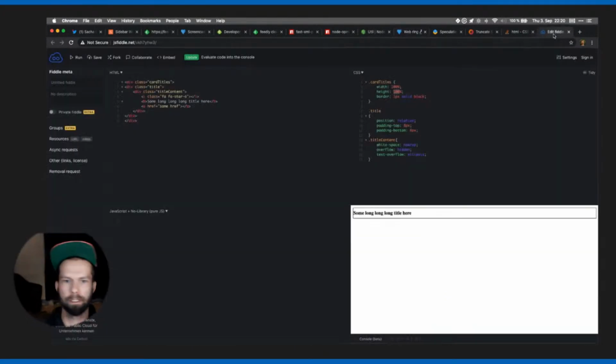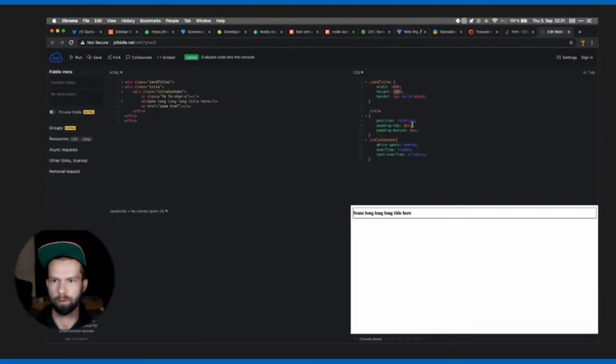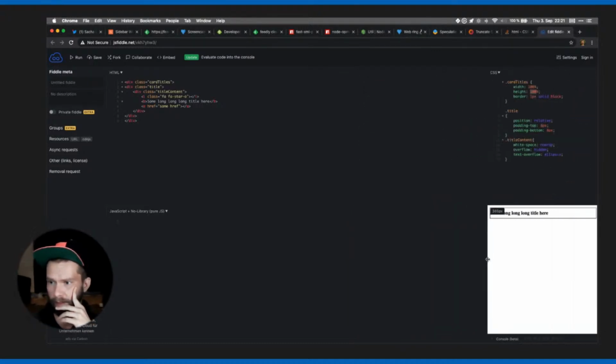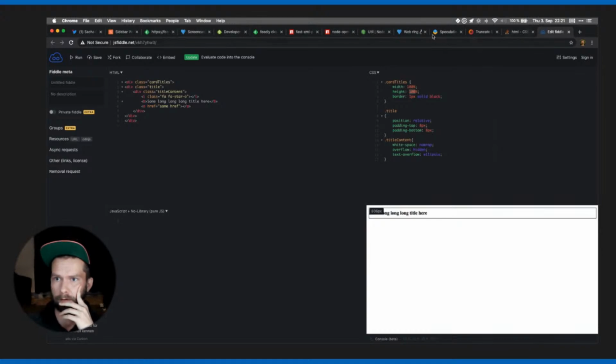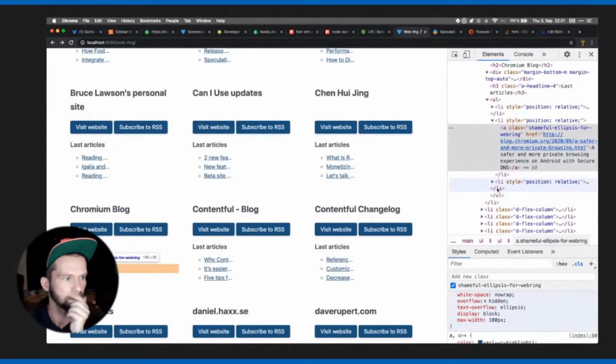Oh, it cannot be so hard. So what is happening here is the same thing. Here we have a position relative. This example here actually works, right? You see there that this is flexible. So when we go here,